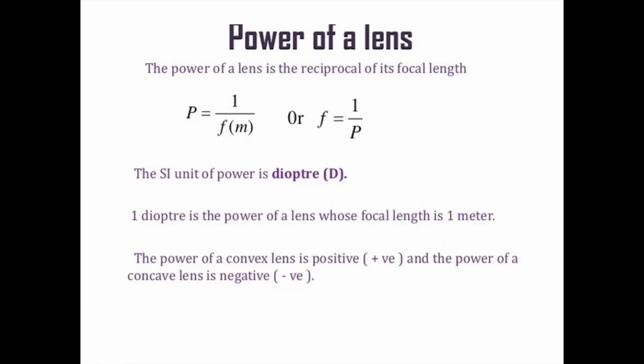Short-sighted people always wear a concave lens, and if you go and find what the ophthalmologist has prescribed and written on the card when they went to check their eyes, if they are short-sighted, the diopter reading, the power reading, will always be in minus. And in case of long-sighted people, the people with age, when they get spectacles, they always wear a positive lens, and that lens is always a convex lens.